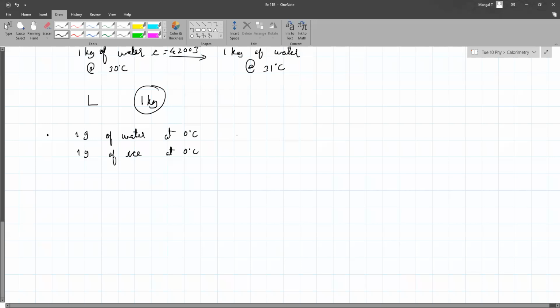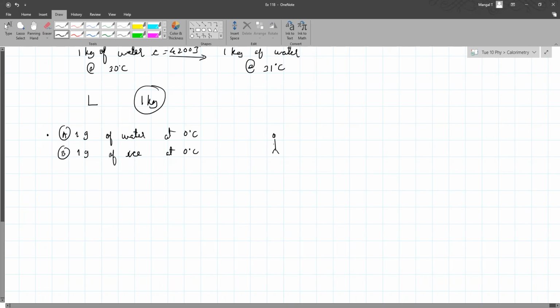So what do you think? 1 gram of water. Why do you think so? Because water will need more, no, sir, I think it'll be ice because ice will need more heat. Need more heat as in,